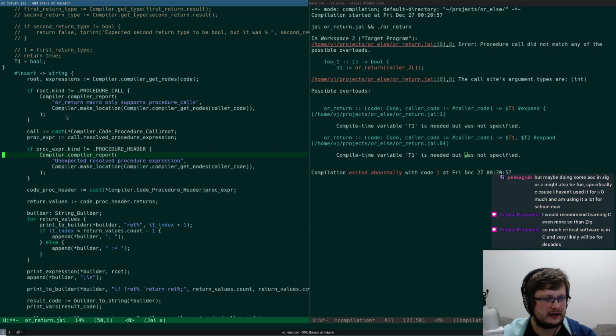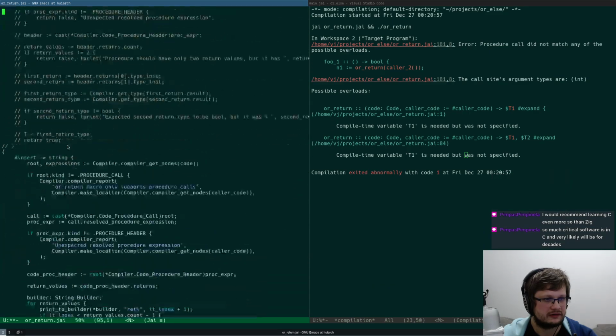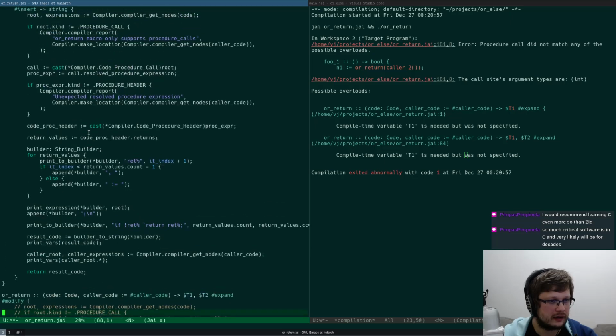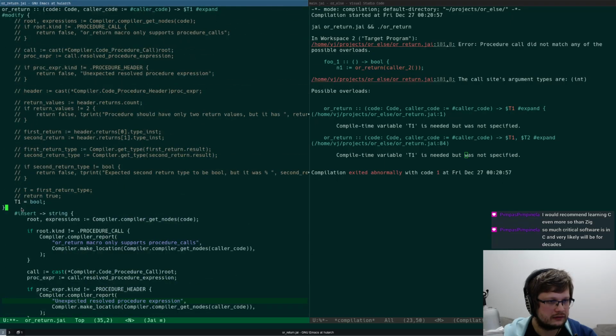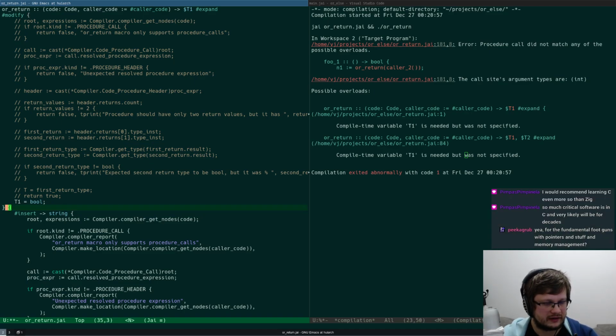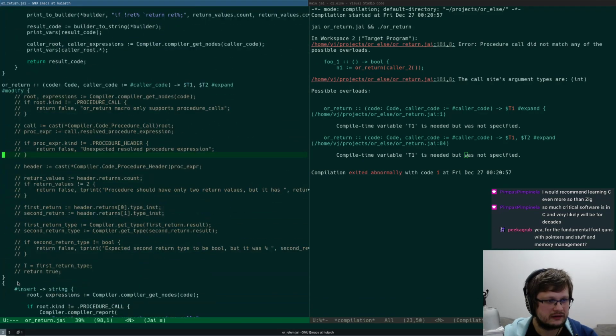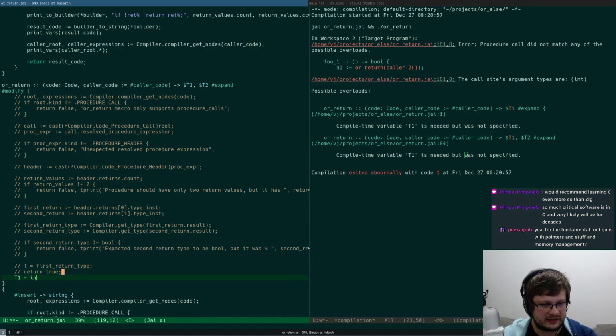And in this case, where is it? Like T1, did I uncomment? It should be like that, right? Like this. And here, yes, correct. And here, T1 equals int and T2 equals Boolean.